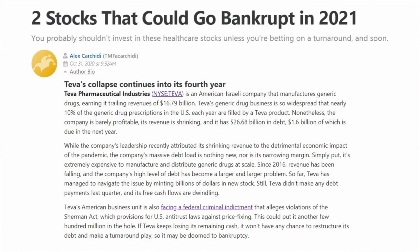But on the other hand, they were also included in 2 stocks that could go bankrupt in 2021. Now, Teva's generic drug business is so widespread that nearly 10% of generic drug prescriptions in the US each year are filled by a Teva product. Nonetheless, the company is barely profitable. Its revenue is shrinking, and it has $26.68 billion in debt, $1.6 billion of which is due in the next year. While the company's leadership recently attributed its shrinking revenue to the detrimental economic impact of the pandemic, the company's